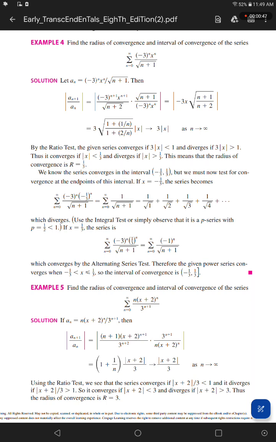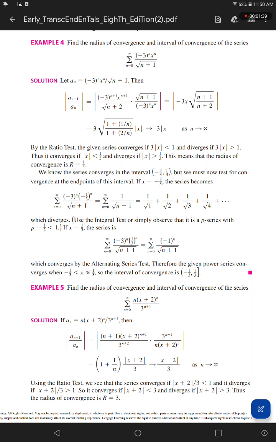Solution: let a sub n equal (-3)^n times x^n over the square root of n plus 1. Then the absolute value of a sub n plus 1 over a sub n equals the absolute value of (-3)^(n+1) times x^(n+1) over the square root of n plus 2 times the square root of n plus 1 over (-3)^n times x^n equals the absolute value of 3x times the square root of n plus 1